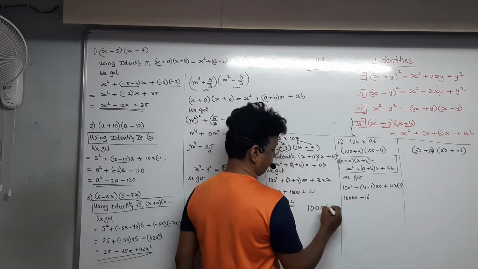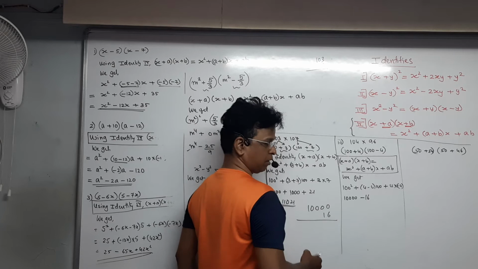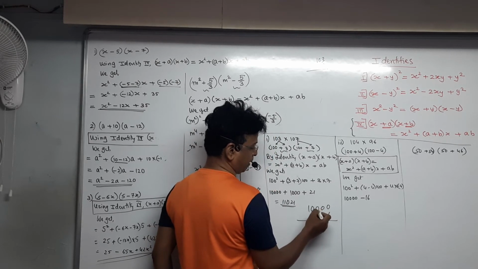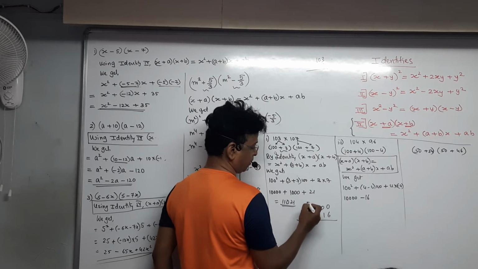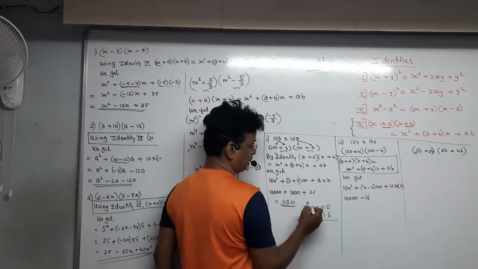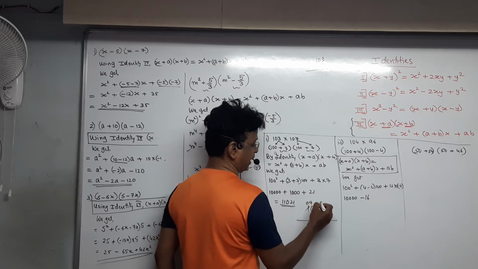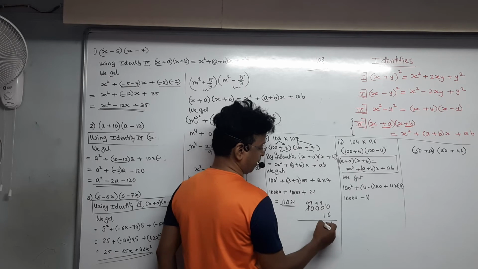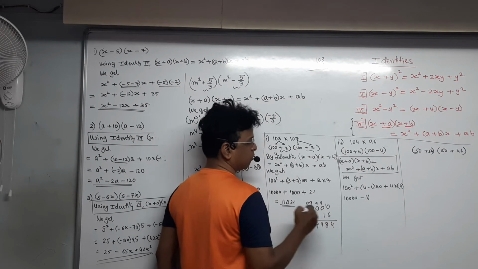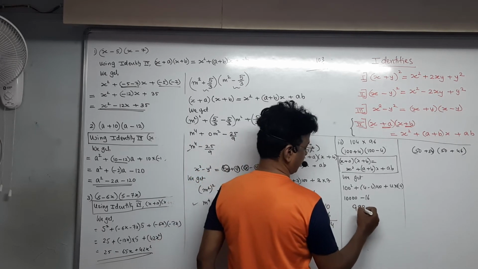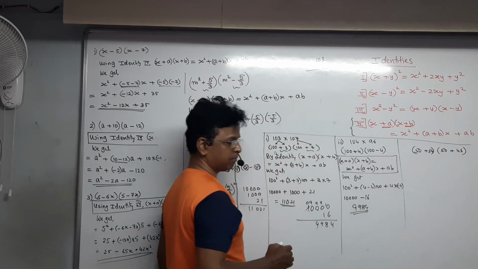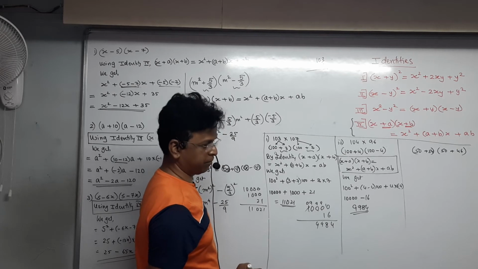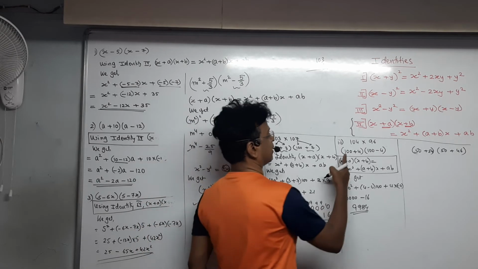Now you have to be careful. You are not having anything here, so you have to borrow: from here nothing, from here nothing, from here nothing, and then you get 1. This will become 0, all the zeros in between will become 9, 9, 9, and this will become 10. 10 minus 6 is 4, 9 minus 1 is 8, and the 9, 9 come over here. So the answer will be 9,984. We can also do it by the third way. Yes, very good, definitely: 100 square minus 4 square.